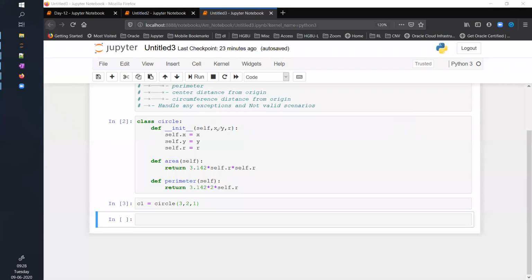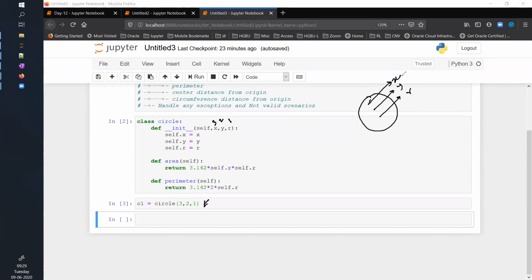Now what will happen? 3, 2, 1 will be coming here as the x value, y value, and r value. And here you are saying self.x equals x. Let's understand this. When you invoke this line number 3, you can think that a real object is getting created somewhere in the memory. It will add x, it will add y, it will add r to this object.